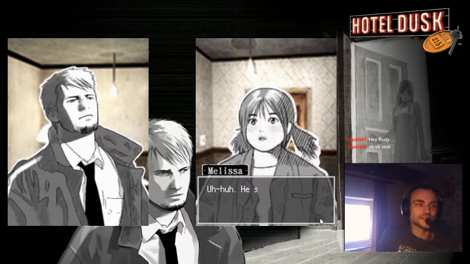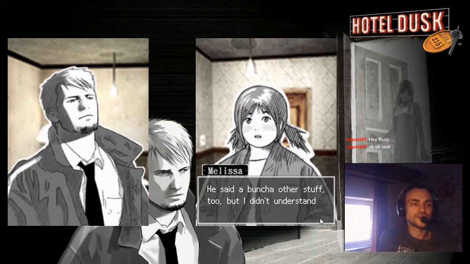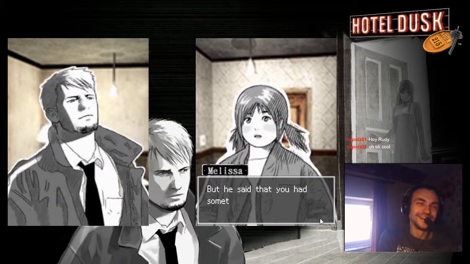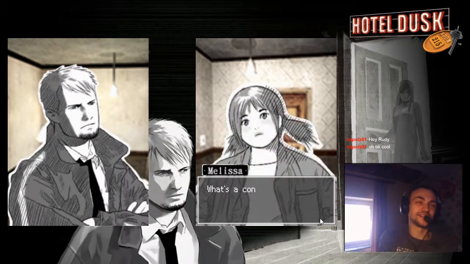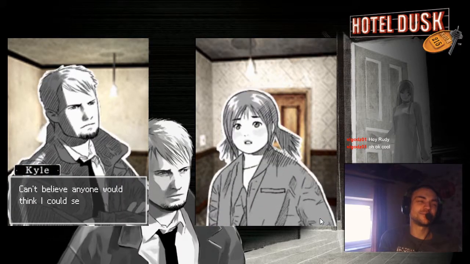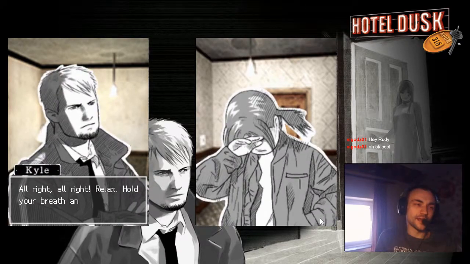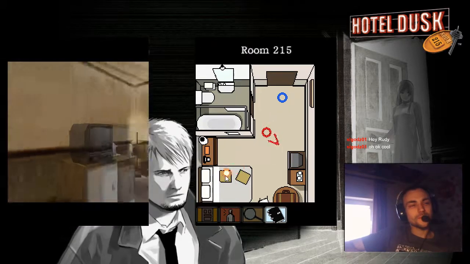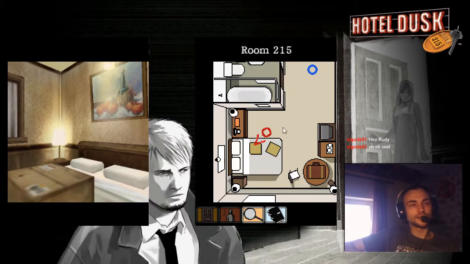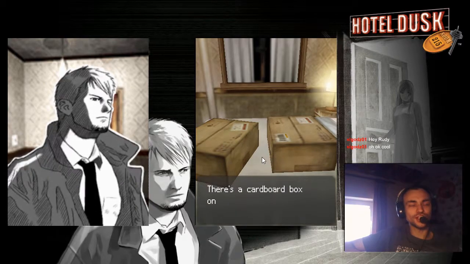Summers told you I could fix it. Uh-huh, he said you're a salesman and have gadgets and stuff like that. He said a bunch of other stuff too, but I didn't understand him. And then he kept talking and I got bored. He smells weird. But he said that you had something that could fix my doll. Summers, you two-bit con artist. What's a con artist? Can't believe anyone would think I could sew. Alright, relax. Hold your breath and count to 1,000,000 or something. Okay. Did she give me her doll? I have a mini sewing machine in there, so...